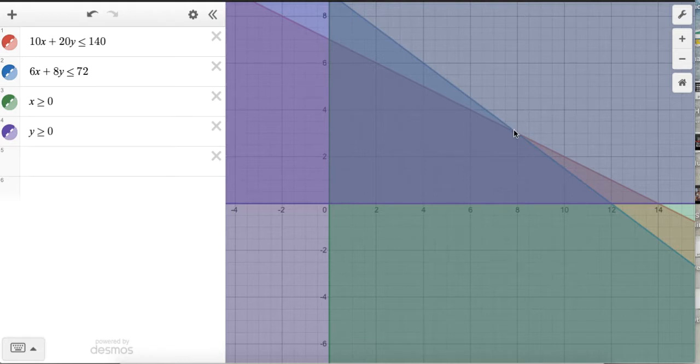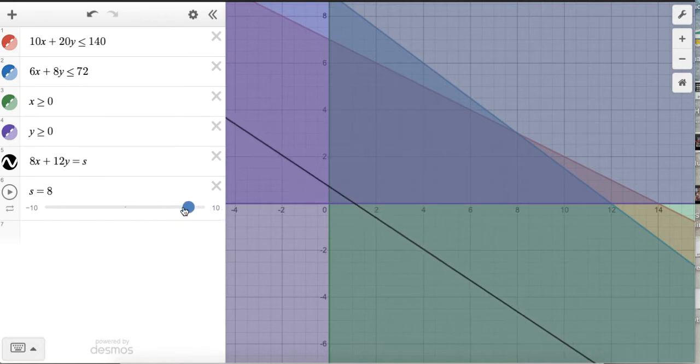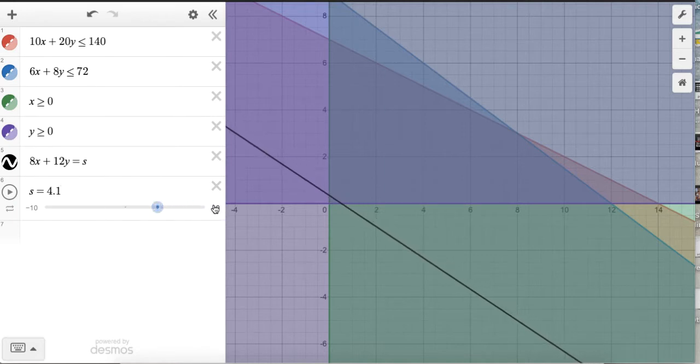We know that we're going to get our maximum storage space at one of the vertices or along one of the sides of this four-sided figure. So we next want to incorporate our objective function, which is 8x plus 12y equals S. We want to add a slider S to represent the storage space. Right now it goes up to 10, which clearly is not going to be enough. So we want to set this upper value to, let's say,